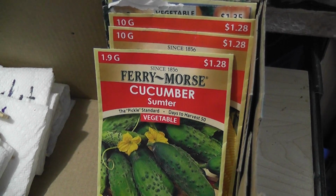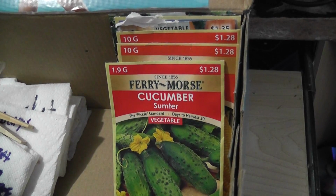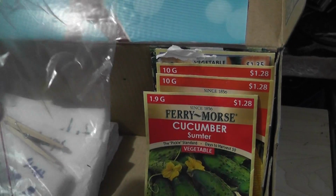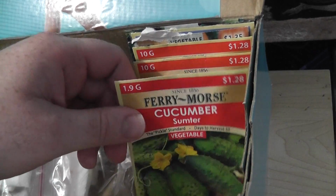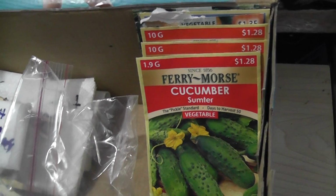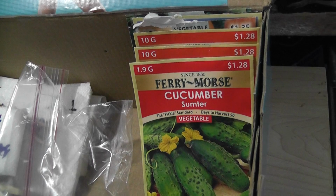but I guess that's okay. Hopefully you guys haven't tuned out yet. Just wanted to make a quick video on my seeds, how I'm keeping them, and what's going on, and maybe you guys can shed some light on plastic bag, no plastic bag, paper towel, no paper towel, paper seed packets, no paper seed packets,